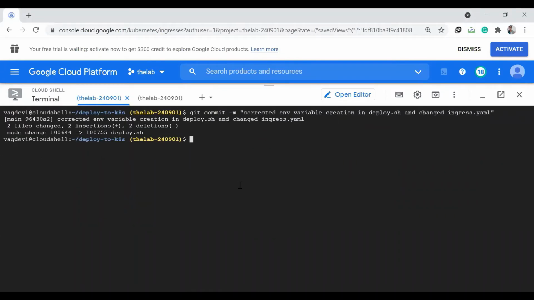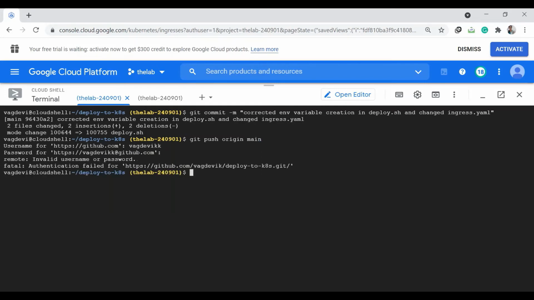Okay, and then git push origin main. If you remember, this is our branch which we pushed our code to previously. So it's asking for credentials.